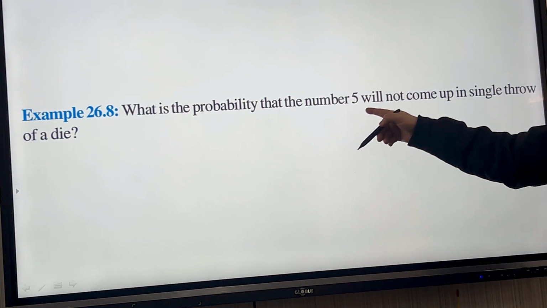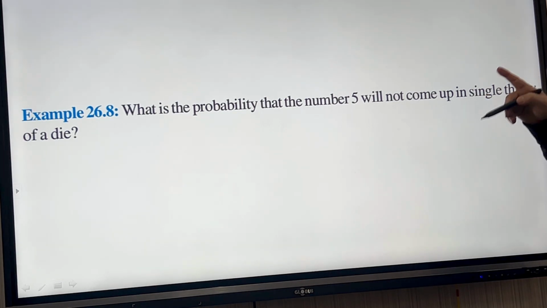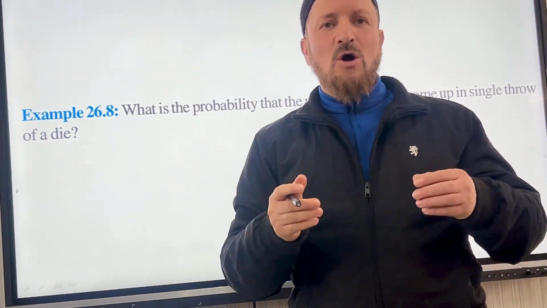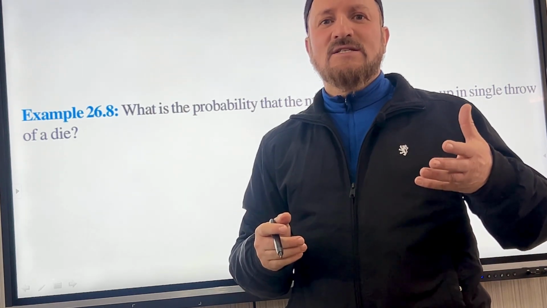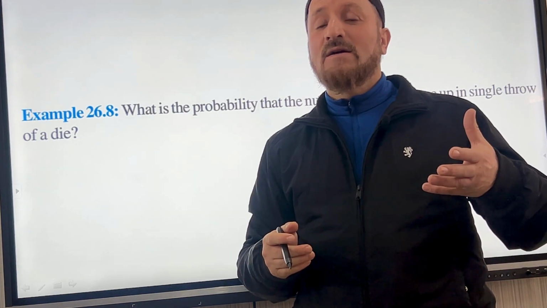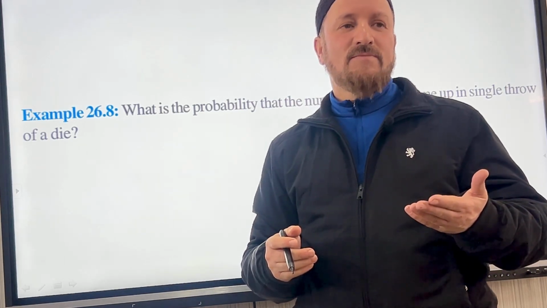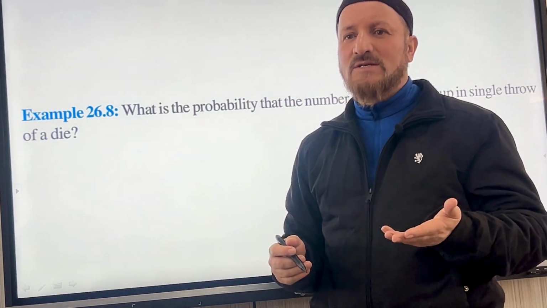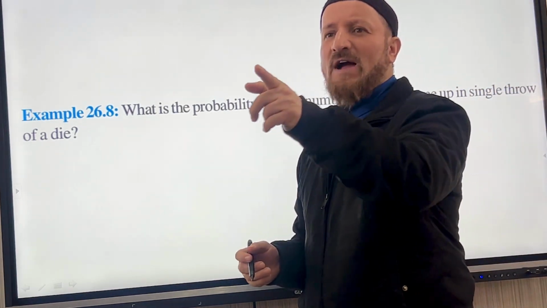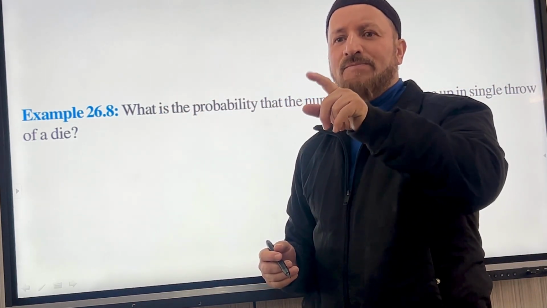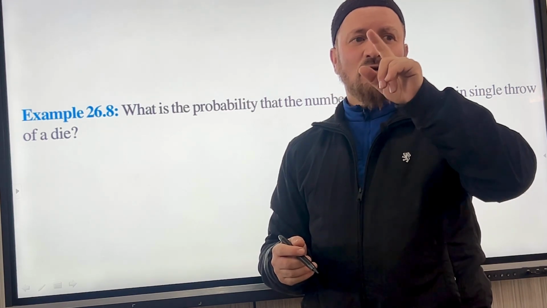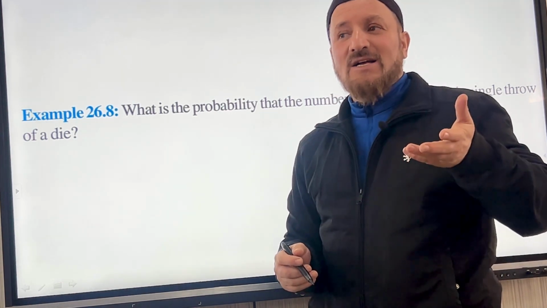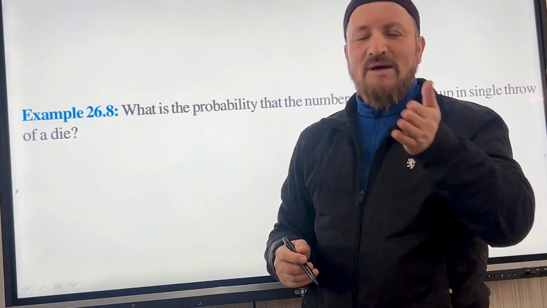What is the probability that a number 5 will not come up in a single throw of a die? 5 will not come. You understood this? Although 5 will come in a dice, what will be the probability of that? 1 by 6. कि 5 आएगा ना, 5 का आने का है 1 by 6. 5 तो एक ही है ना, 1 2 3 4 5 and 6. 5 एक बार है ना, तो एक ही इवेंट है ना ये. सो इसका चांस है 1 by 6. इसका ना का चांस क्या होगा? 1 minus 1 by 6